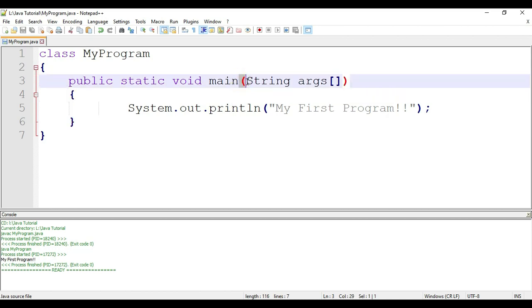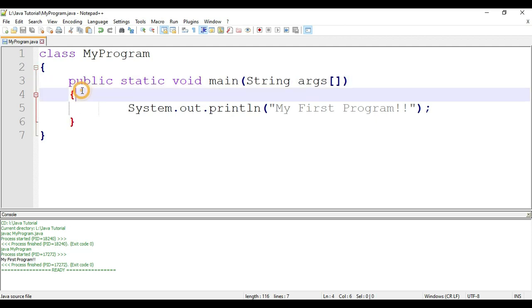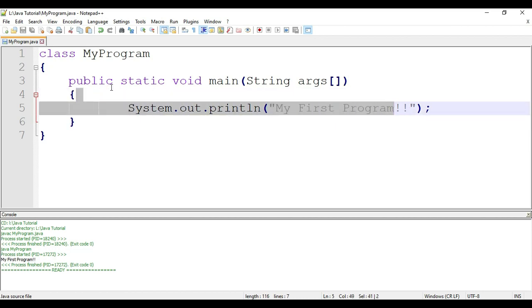Further, you can see this main method is taking an argument or parameter which is of type String and an array. This is known as the argument or parameter of the main method. These parameters can be used for taking input from the user. In my further video, I'm going to show you how to use this argument for taking input from the user. For the time being, you have to stick with this syntax or notation. Do not change, do not make M capital, it should be in small. Then this is a method, it has a body, so all the code you have to write inside this curly bracket.